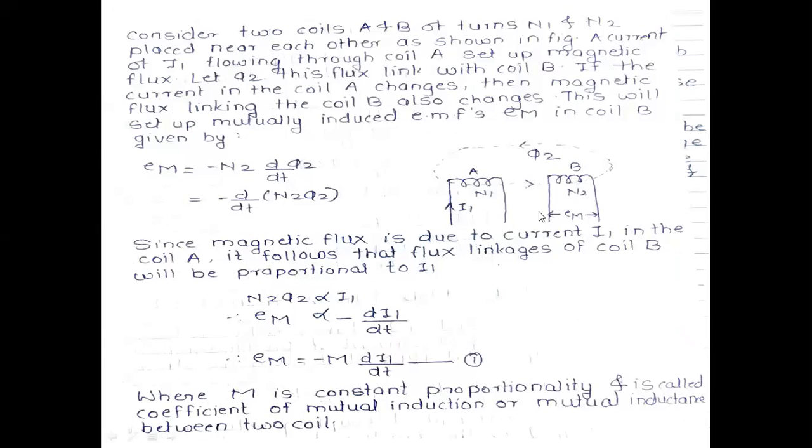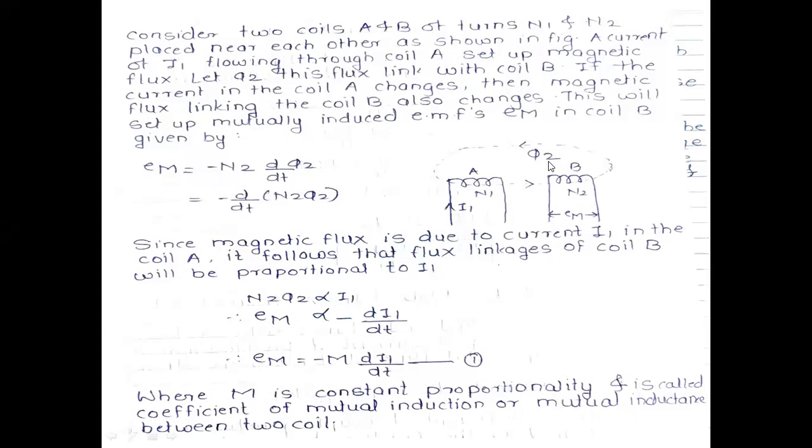So this is one coil, and this is another coil. The current flowing through the first coil is I1. The number of turns in coil 1 is N1 and in coil 2 is N2. Here there is no current flowing now, but after the induced EMF some current will flow later. This flux is linked with this coil also. Whatever the flux phi 1 is, that will link with coil 2 also. We are going to call the flux linked with coil 2 phi 2.